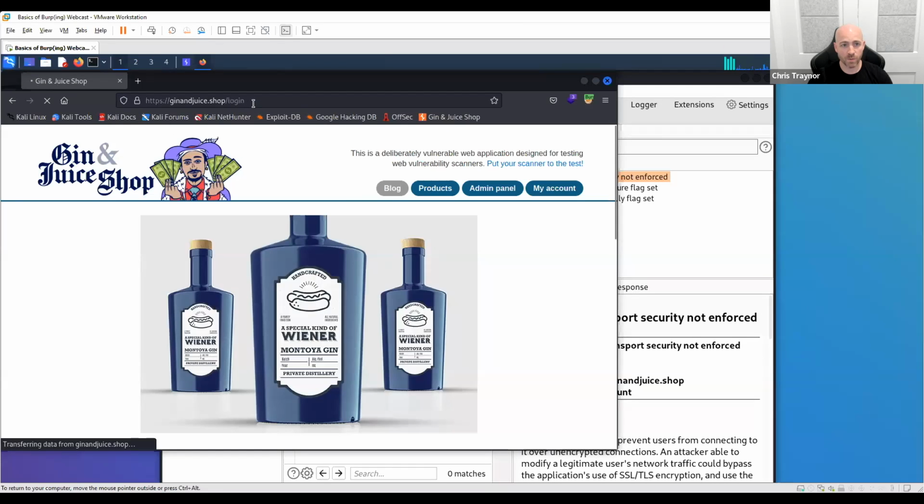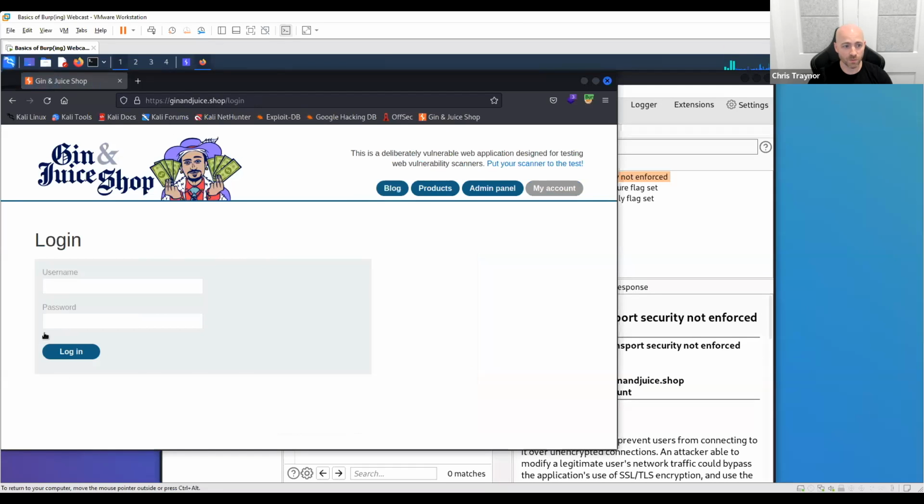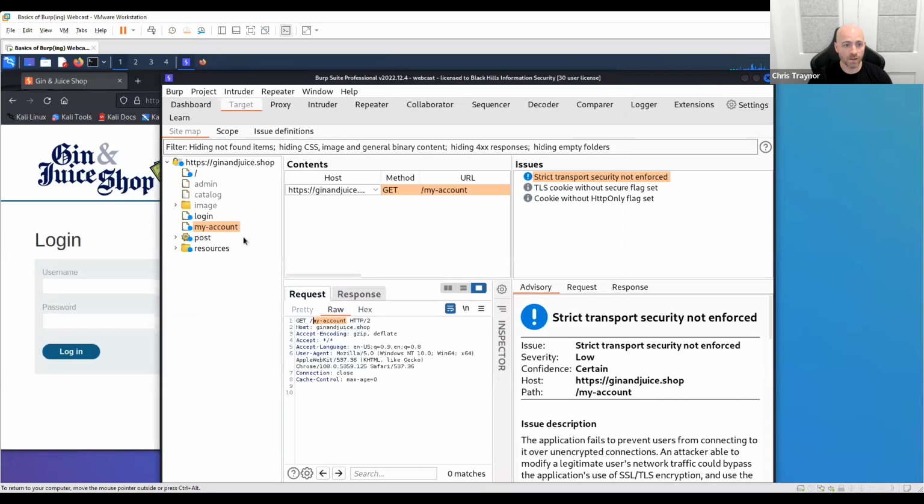So now I've gone back into my browser. I went to my account. It redirected me here to log in. I'm going to go back to Burp. Now that value has a little blue dot, which means there's some kind of findings. The blue dot will change to orange, it'll change to red. It's basically reflecting what the highest severity issue is for that area in your application, for that H tree,